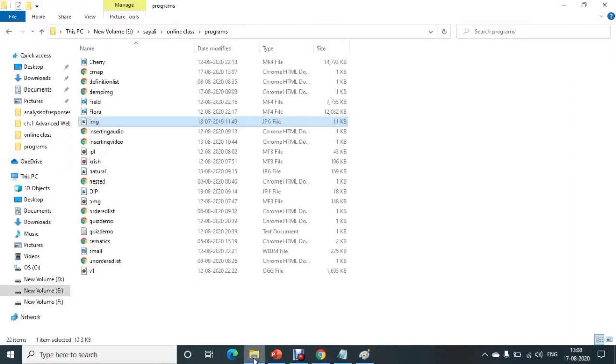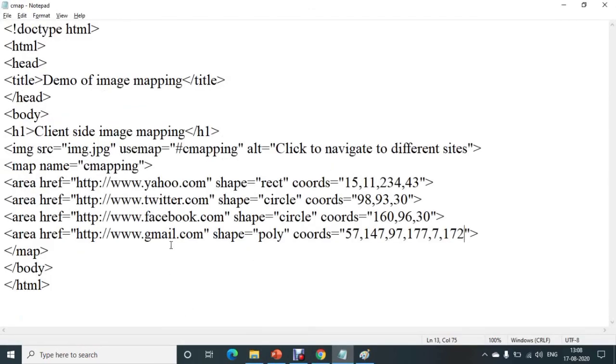Instead of an image of social media sites, you can use any other image like hotel menus, and you can use files that are in your computer, saved in your folder, and give the path of those particular files, and in this way you can use image mapping. So note down this program and try to execute it.